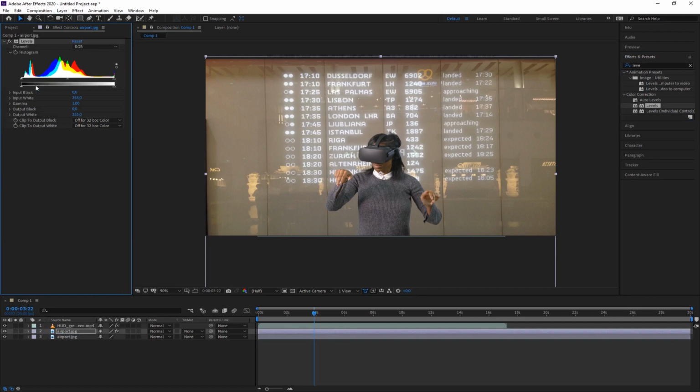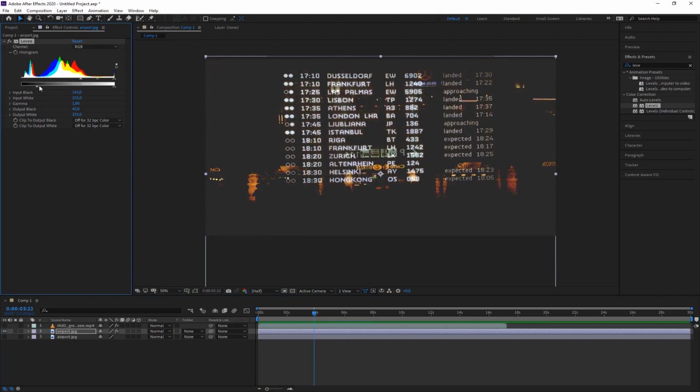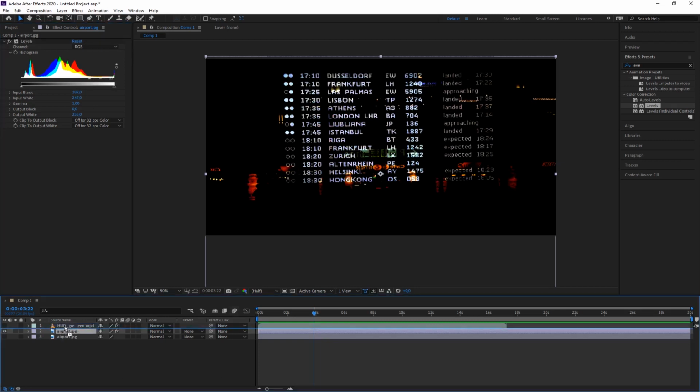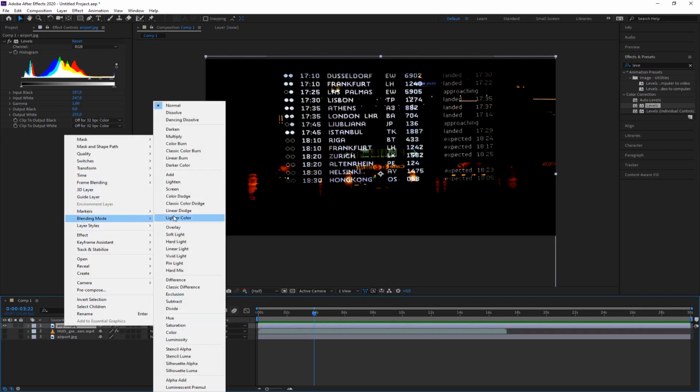And let me turn off the background quickly. What am I trying to do? I'm trying to get the text only, something like this. So just the text by itself, put it on top, change the blending mode to something that overlaps, so you can try, I guess,